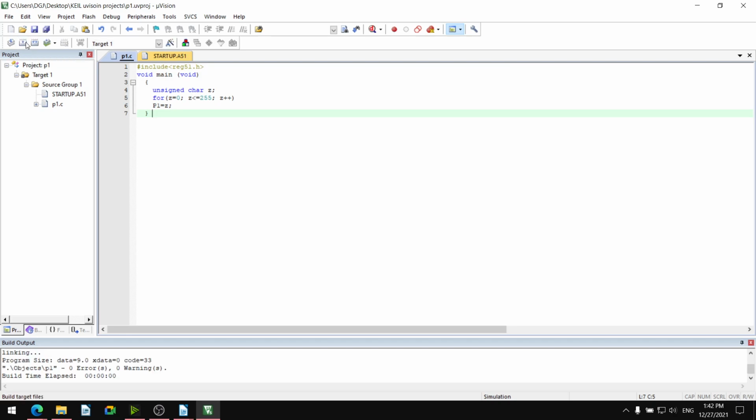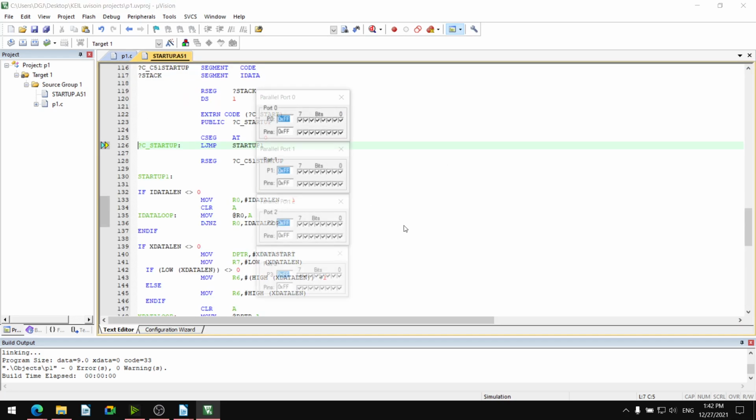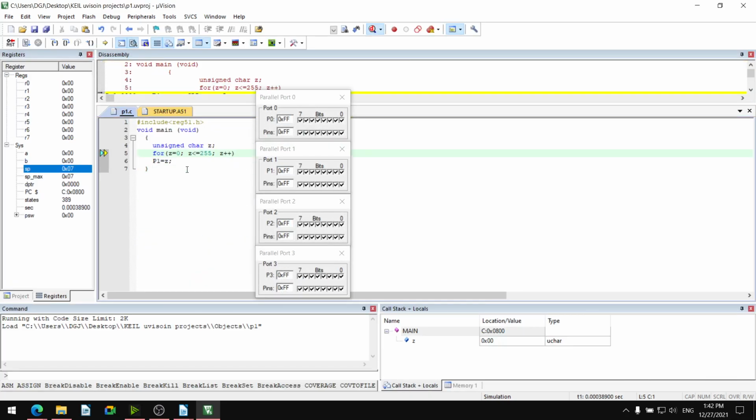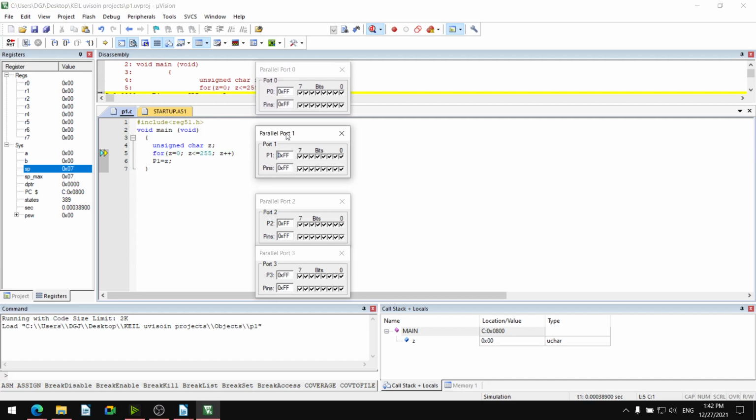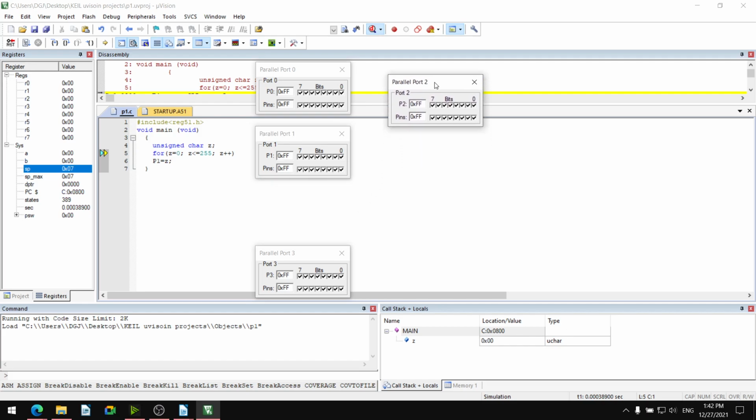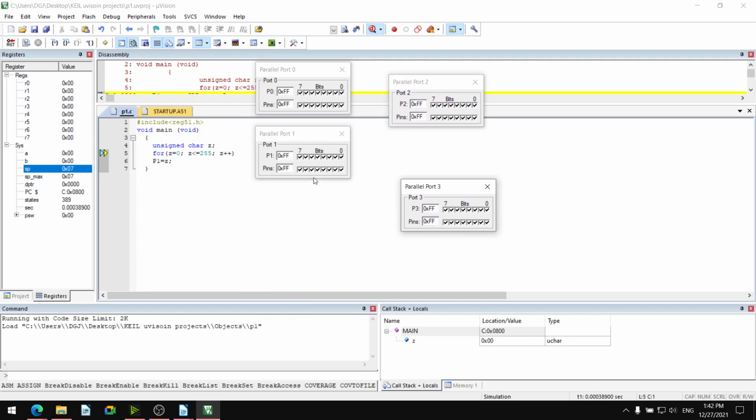So I build the program. Errors are 0, warnings are 0. I will debug this. Okay, P1 is required. So this is P0, this is P1, this is P2, this is P3.